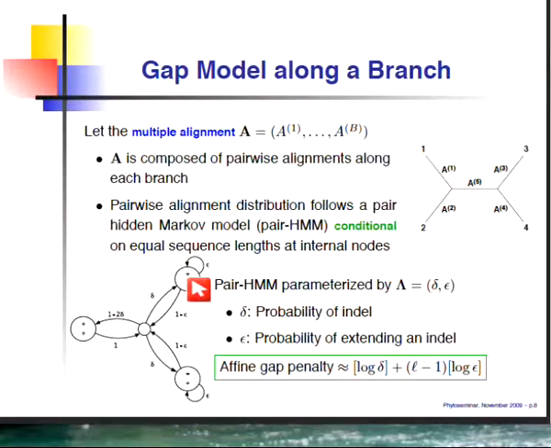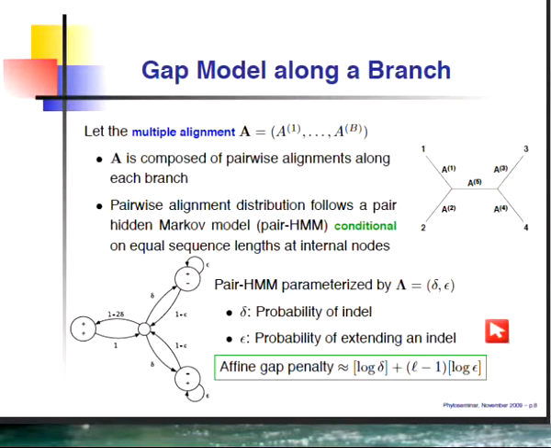We could parameterize this hidden Markov model in, well, in fewer than 2 parameters, but here's a 2-parameter parameterization, where there's a probability of an indel occurring. So you're in a match state, and the next step emits one of these indel events. And then there's a probability of extending an indel. Using this 2-parameter instead of 1-parameter approach, you can quickly incorporate some very nice aspects, for example, affine gap penalties.